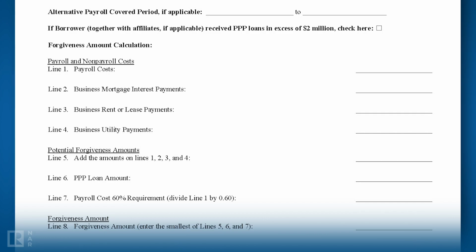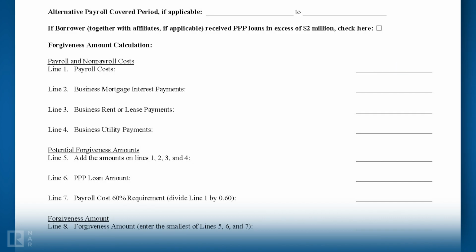As an example, if a borrower received a PPP loan after June 5, 2020 and is a self-employed individual with no employees and received a gross salary or gross wages of $100,000 in 2019, then on Line 1, that individual would enter $20,833. As a separate example, let's consider a borrower who received a PPP loan before June 5th and